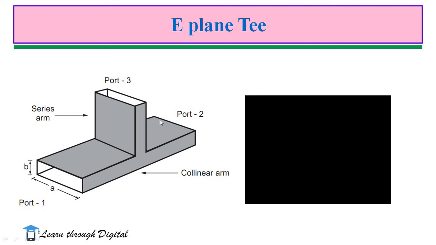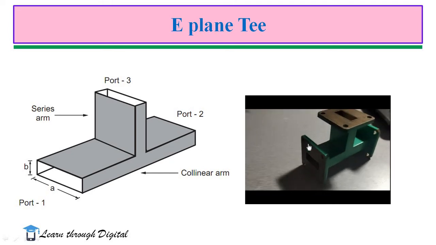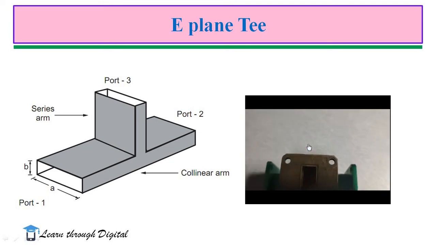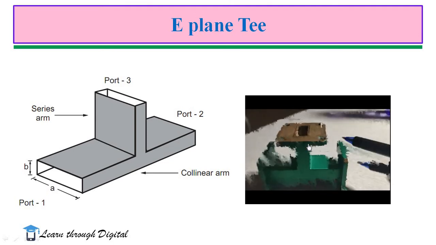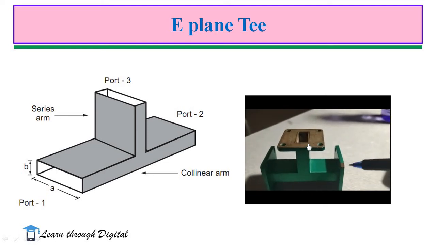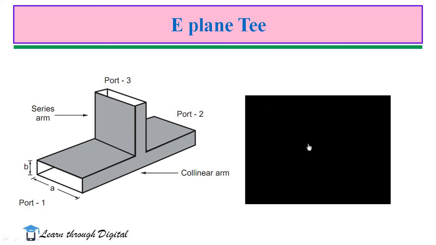This figure illustrates the diagram of the E-plane T junction. So this E-plane T adopts the waveguide technology. What is a waveguide? A waveguide is a device. It is a hollow metallic tube which is used to transport electromagnetic waves from one point to another point. There may be different types of waveguides. Rectangular waveguide and circular waveguides are commonly used in microwave engineering. But here the T-junction uses a rectangular waveguide.